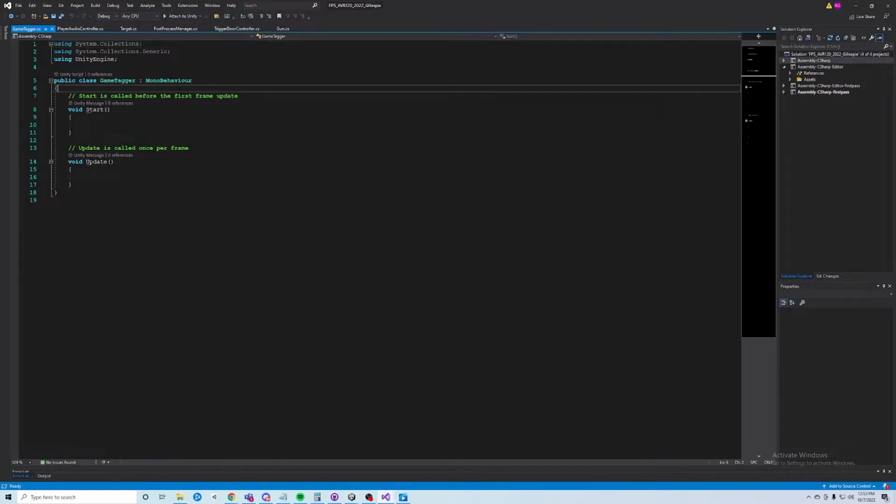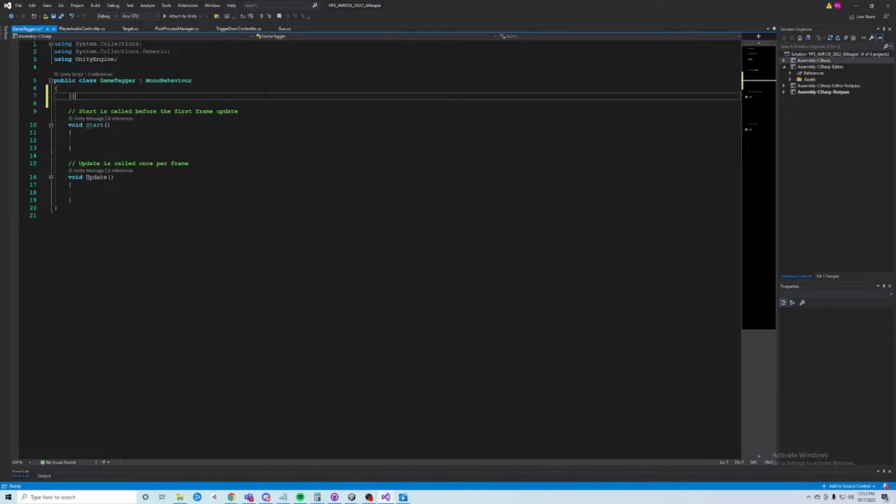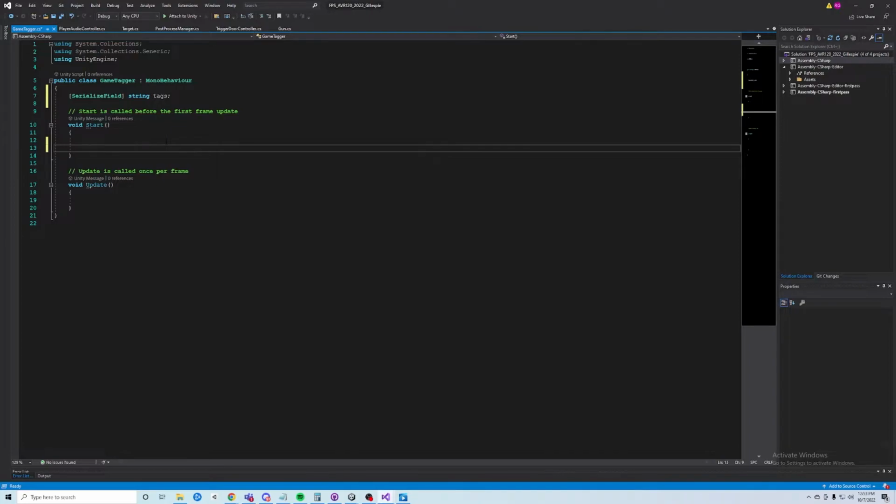And we'll just need one variable. It's going to be a serializable field, so we can set it in the editor, and I'm going to call it tags, of type string. And so this is going to be a function in start, and it's a little confusing. This is a concept in programming called recursion. And recursion is essentially when a function calls itself